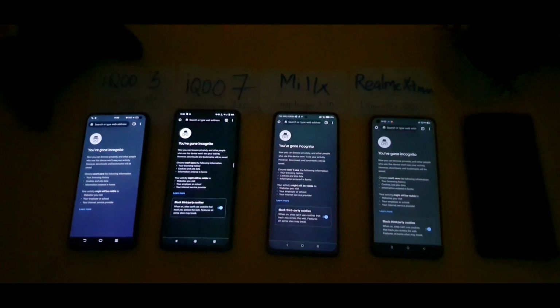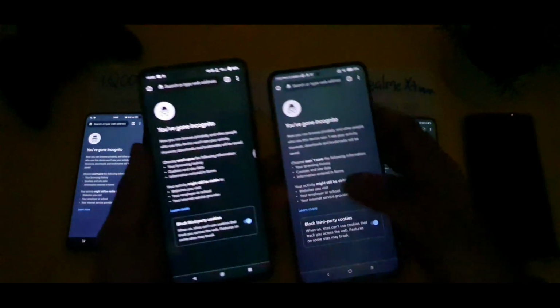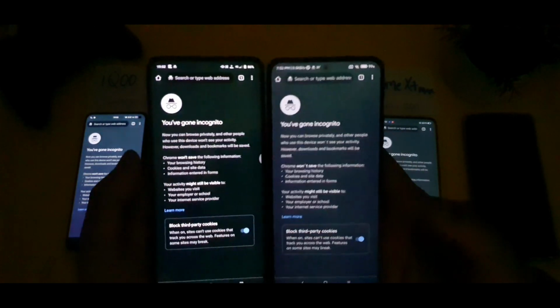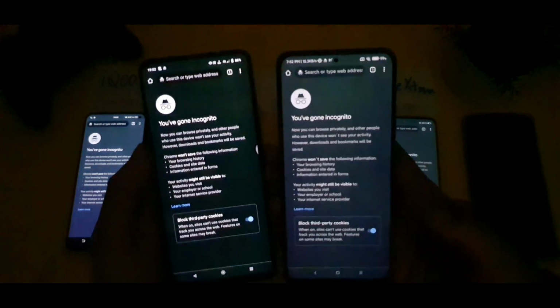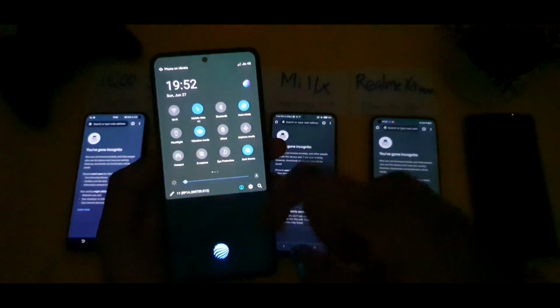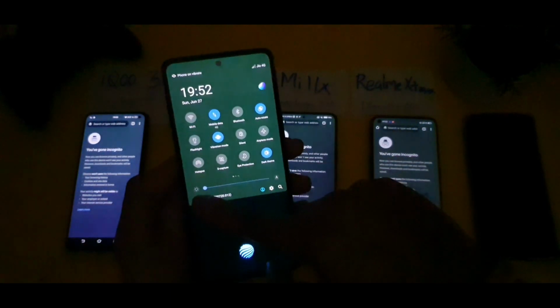So now you can see from the top which phone has got what kind of green tint. Only the MI Linux and the IQ7 device, both phones I was able to see green tint, and more green tint is found in the IQ7 device at this point. Not only that, even if you're trying to access the notification panel from the lock screen, you will be able to see much of the green tint happening.